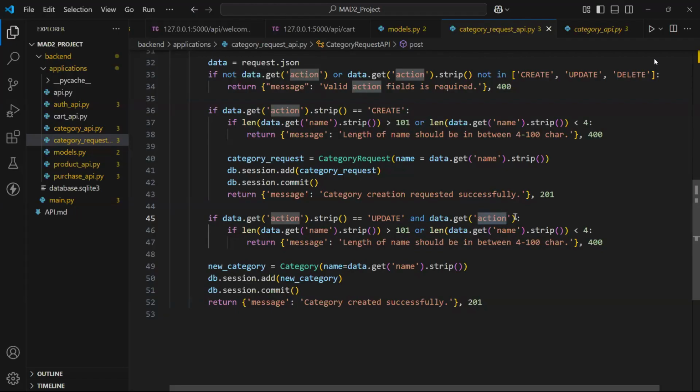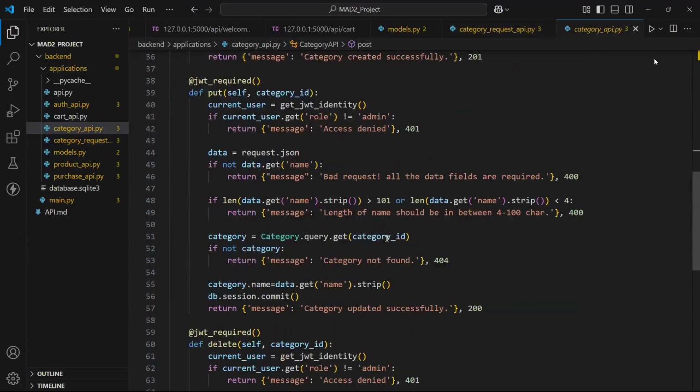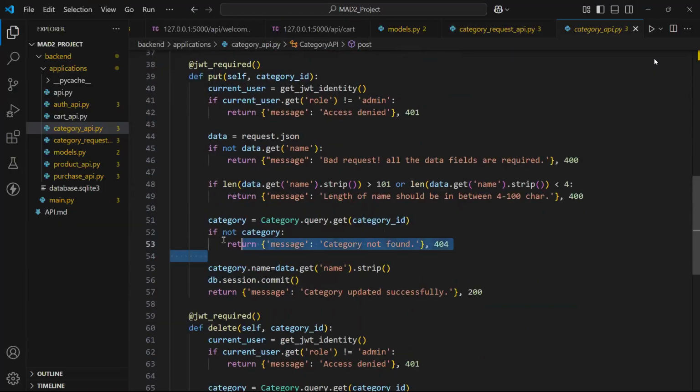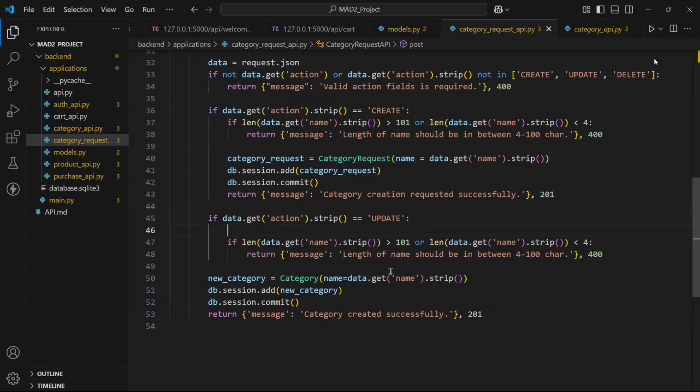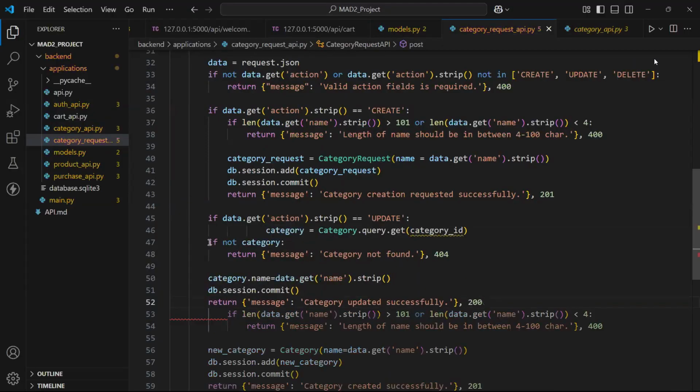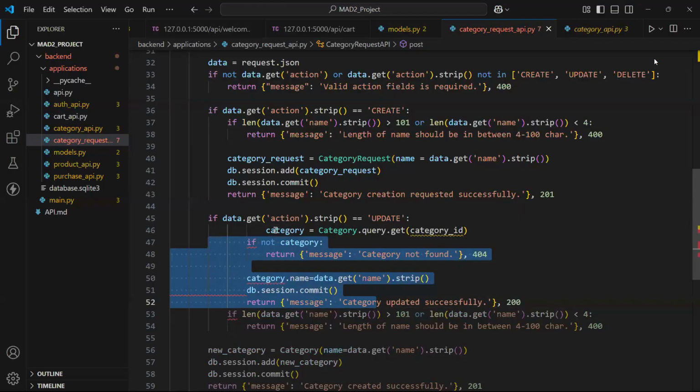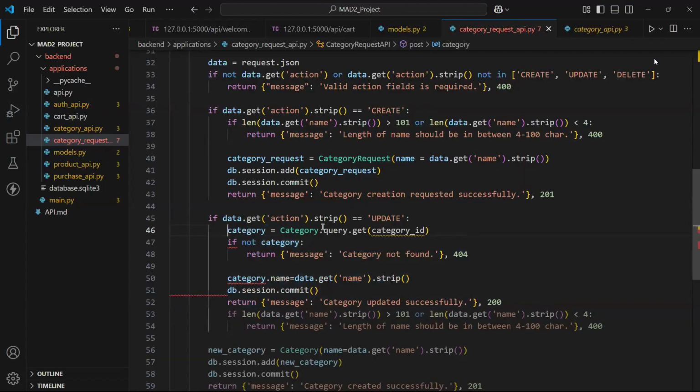Okay, we can verify this later. We will say first, if the update is there, let's simply copy this from here. So if the category will not be there, I think we can copy this whole thing. Let's put it here. So here we will first filter the category